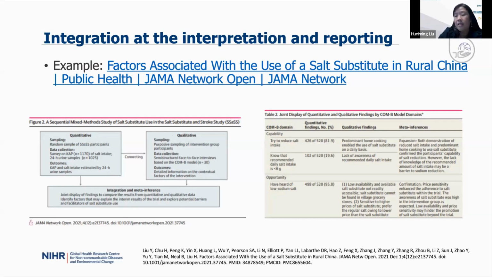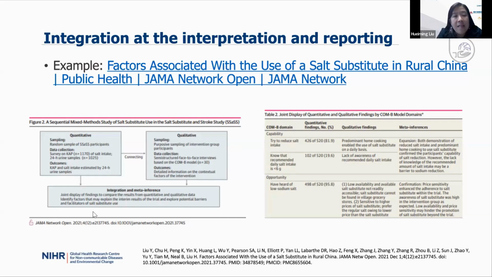And then we purposely sampled the participants there to get their perspectives of that. And going back to theoretical frameworks, this is one of the ones where we thought using the COM-B, so capability, opportunity, motivation, behavior model, would be helpful in terms of the interview guide, but also the analysis of the data. And we only interviewed 30. And as we know, that's the difference in the sampling, but together they can tell a nicer, more in-depth, meaningful